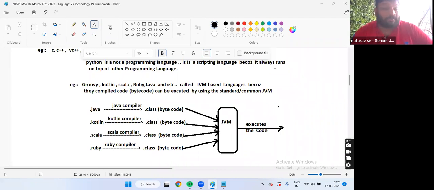I don't know why you are showing a soft corner for Kotlin and Scala. If they become popular, your life becomes horrible. Why? Because they have totally new syntax and new programming. They may generate a .class file at the end, but the programming syntax is totally different. You will be struggling learning those new things. But the best of those programming languages is also getting into Java itself. Java is also adding its own features. So there's no need of learning a new programming environment. In Java itself, you can get it.